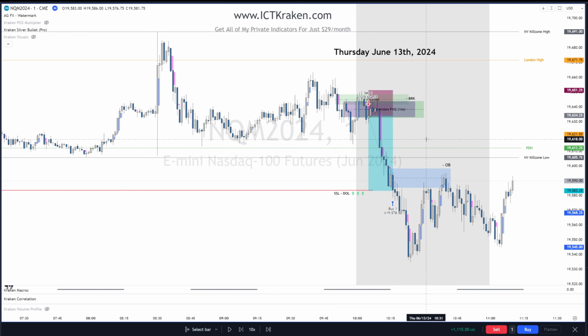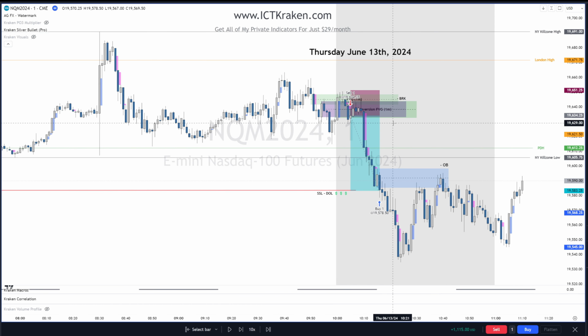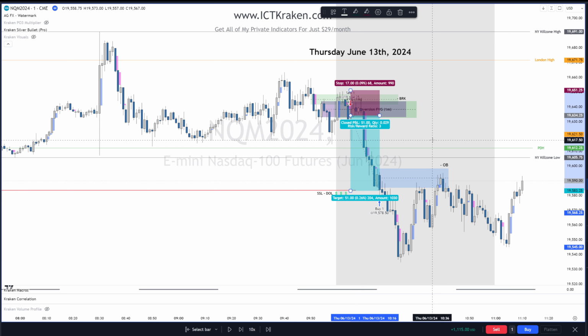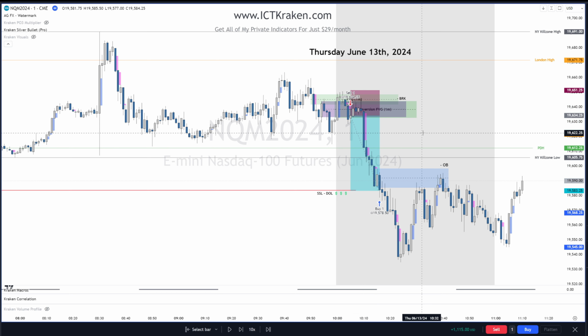Now, how you handle price when you get 51 handles, you made $1,100. You should be thrilled, right? On one contract. Now, you could have made almost double that if you held for longer. But we didn't, right? We got out at 51, so be happy with that. Don't look at the chart and say, oh, I wish I could have, should have. I didn't do as good because I didn't hold for as long. Who cares? You made $1,100. Be happy with that. That's more than a lot of people make in a week. So be thrilled with that. And next time, maybe hold a little longer.